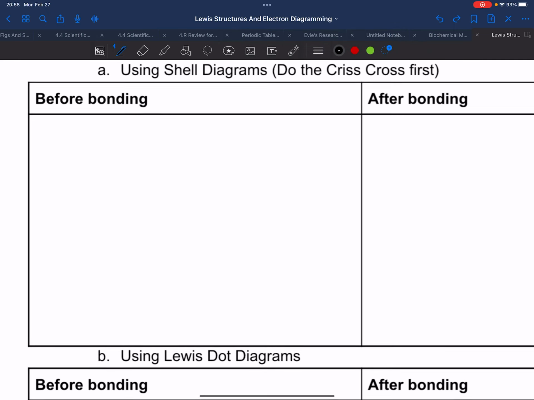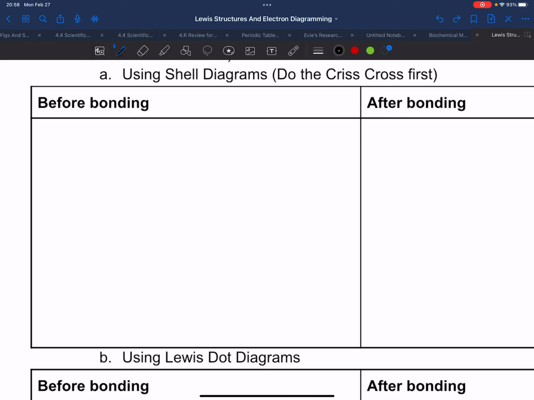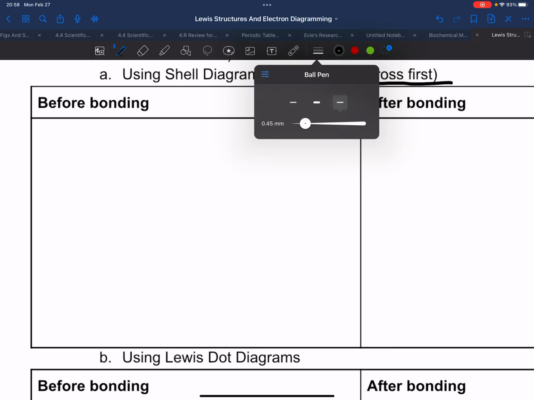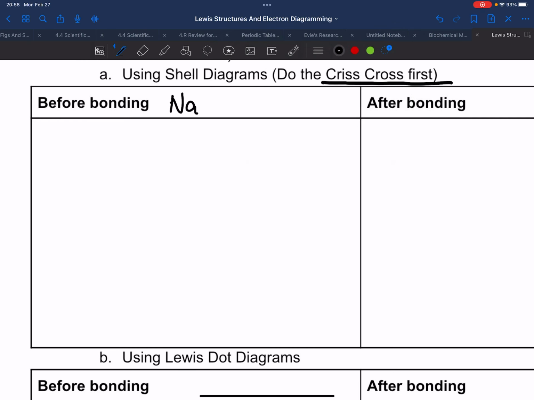So within shell diagrams, it says do the crisscross first. That's important here, that we need to do the crisscross method first to make sure that we have the right number. So since that's what it told us to do, we're going to do that. So I do Na, which is +1, Cl, which is -1. Since it's in a 1-to-1 ratio, I know that I just need one of each. So my before bonding for sodium is going to be